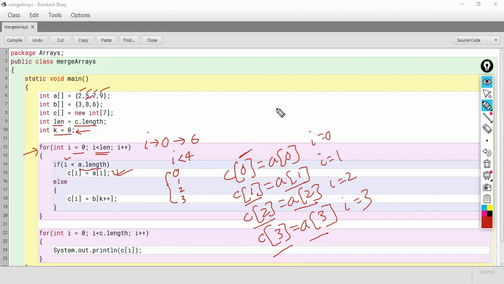So now we are left with C of 4, C of 5 and C of 6. Here I is 4, I is 5 and I is 6.